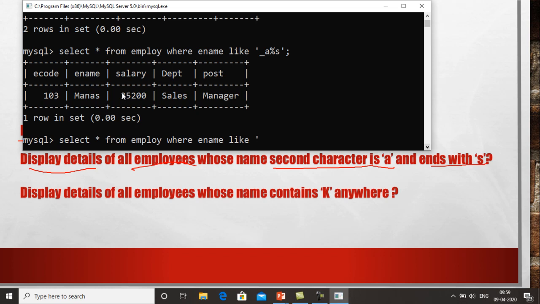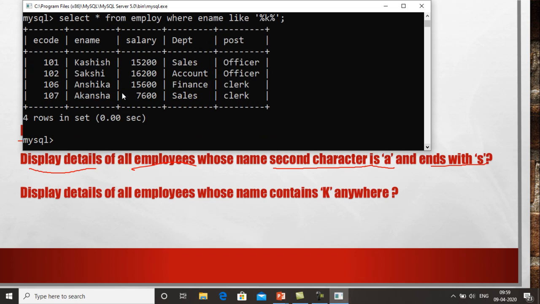Okay, so we don't know how many characters are before K and how many characters are after K, so we simply put percentage K percentage. Okay, so percentage K percentage means before K any number of characters is allowed, 0 characters is also allowed, and after K any number of characters is allowed, but the K must be present anywhere in the name.